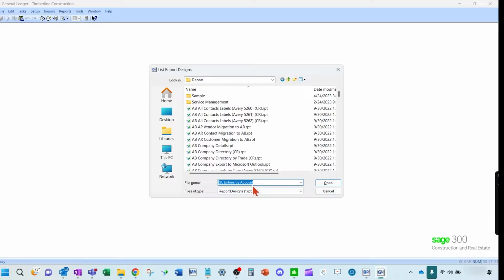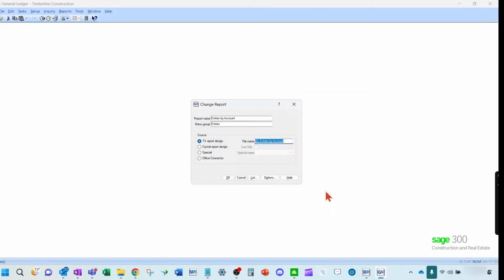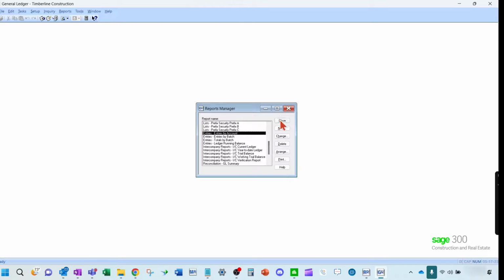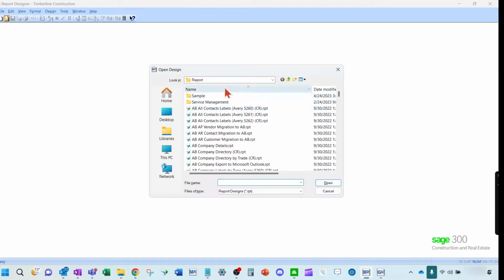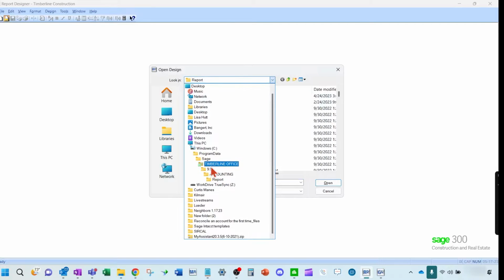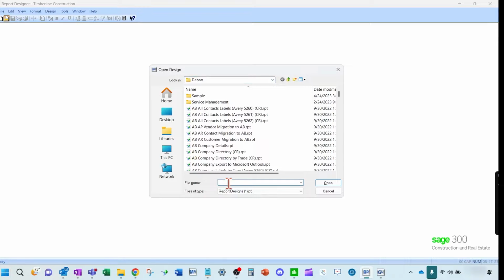So let's say I want to now edit this report. I'm going to get out of here now that I know where it's at. Go over to Report Designer up here. We're going to hit open. Now it has defaulted me, per my computer. My computer has remembered the last spot I went to in the Explorer area here. But again, if you need to go back up, you need to drill down into this path. So you can copy the name from the prior screen I was on, or you can type part of it and click on it and hit open.